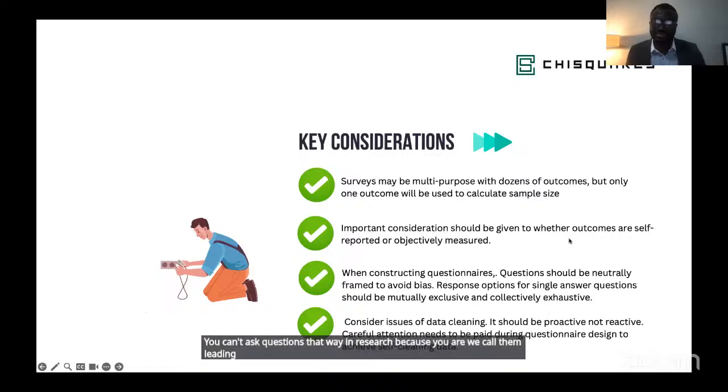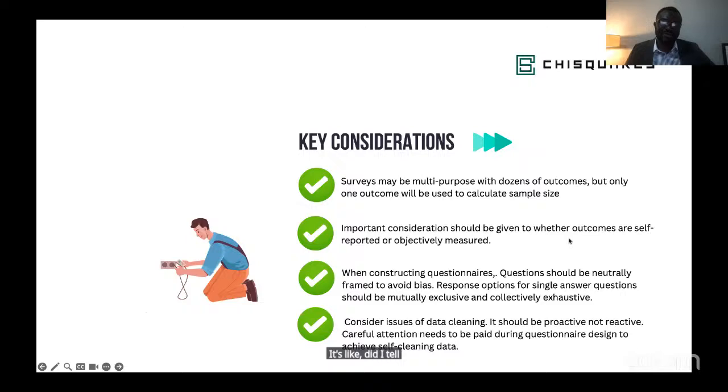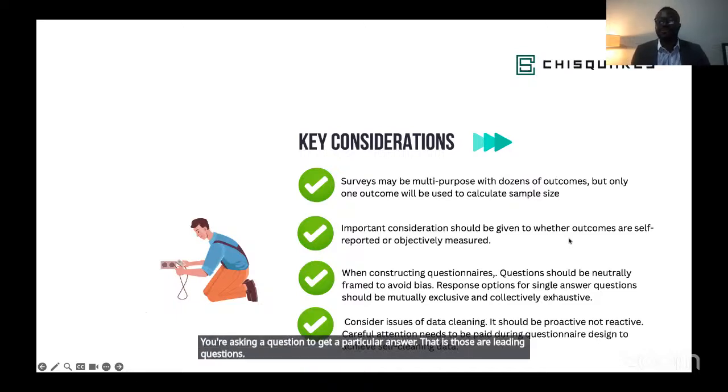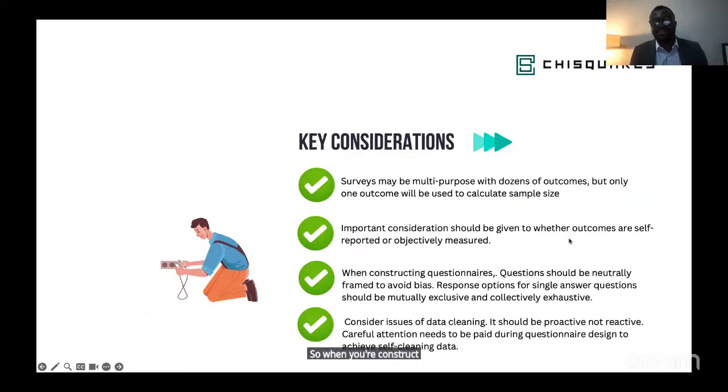You are leading the participants. Or you ask a question like, to what extent do you support gun reform? It's like, did I tell you I support gun reform? Why are you asking the question that way? You're asking a question to get a particular answer. Those are leading questions. So when you're constructing questionnaires, you cannot bias them in such a way that you get